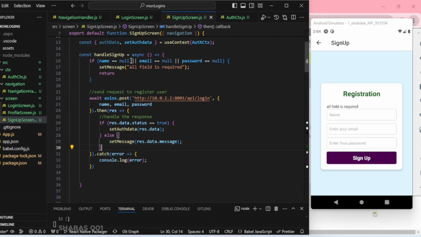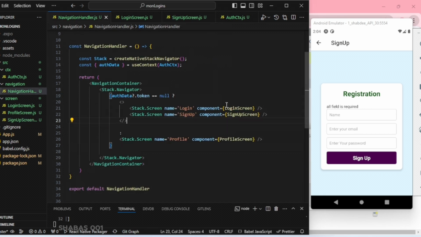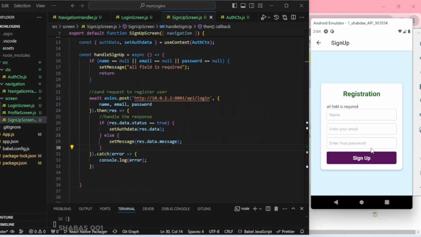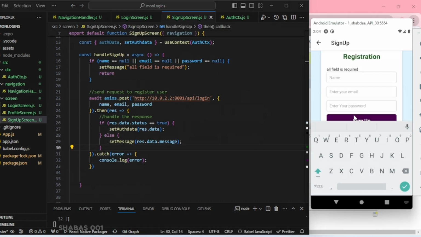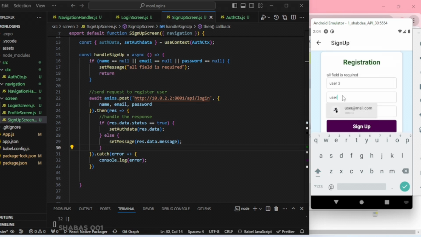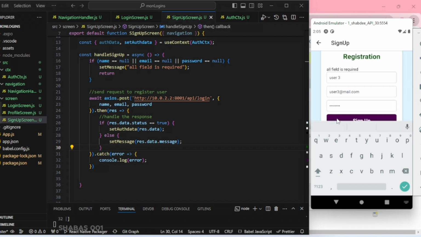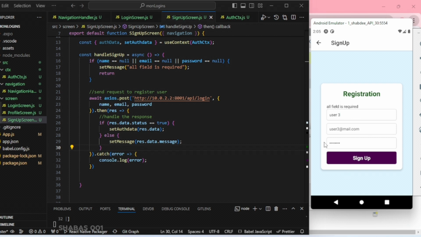Okay, now you can see this is our navigation. It will handle if the auth data is available. So if I click empty, it will return all field is required. So I need to enter the details. I'm registering a new user. I'll click sign up now. Incorrect login details. Oh,